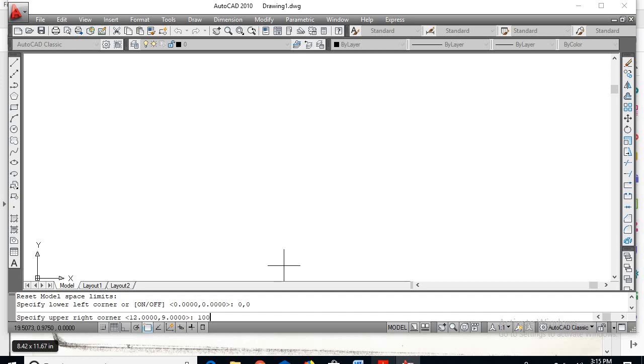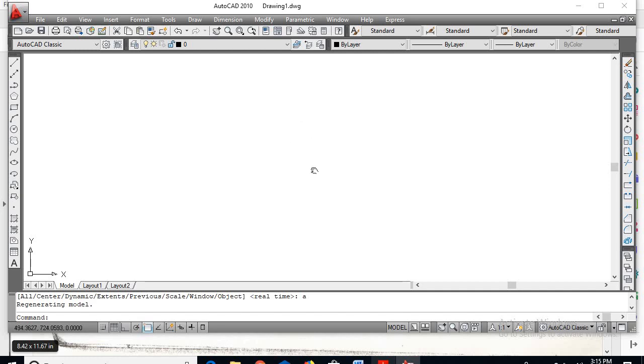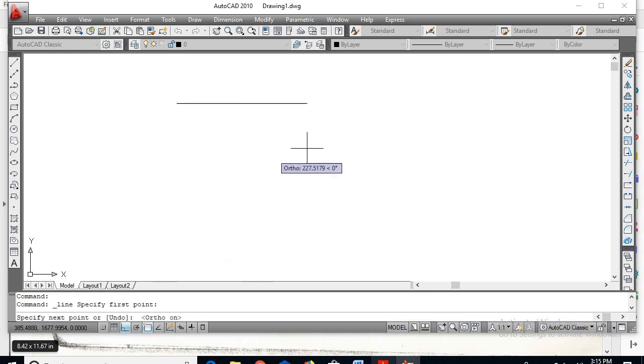Next 1000, 1000, enter, upper limit. Next zoom, enter, A, enter. Now I'll go for line, select the line. Click at one particular point on the drawing space. So click here. Go for switching on ortho.